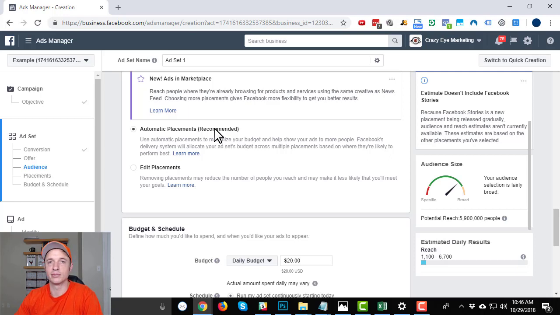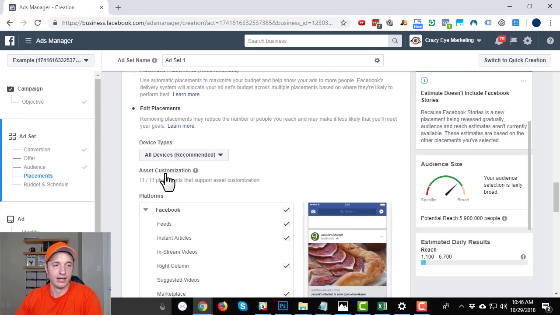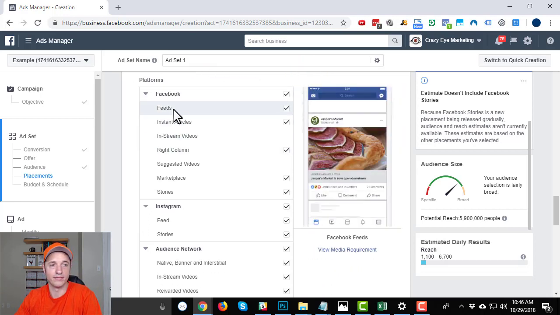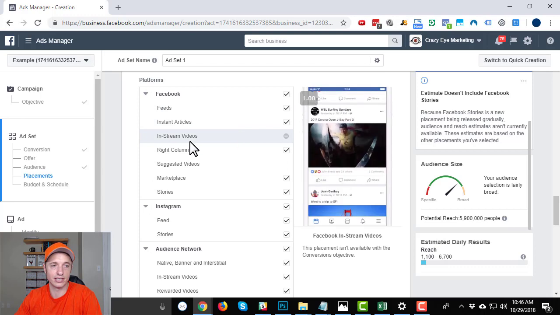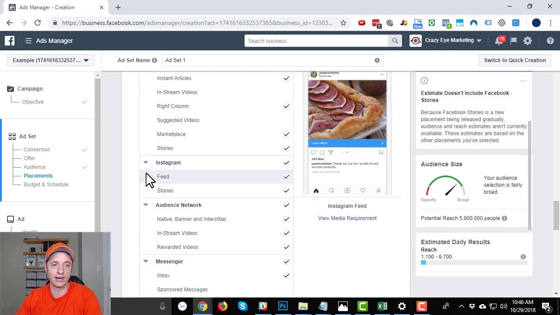And what that means is Facebook's going to place your ad in all the placements available for Facebook and Instagram, or you can go ahead and select which placements you want your ads to be shown on. So we've got different device types. We could select between mobile or desktop, and then we've got all of the different placements that we could select from. So Facebook feeds, instant articles, in-stream videos, right column, suggested videos, marketplace, stories, Instagram feed, stories,